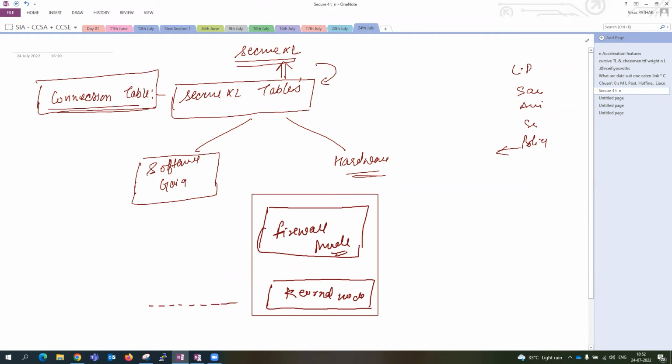Connection used to be coming from here and used to hit the kernel mode, and after the kernel mode it used to go to your firewall mode, and then from firewall mode it used to come to your kernel mode again, and then it used to be forwarded by the firewall. This is your typical packet flow of your checkpoint firewall, where your slow path